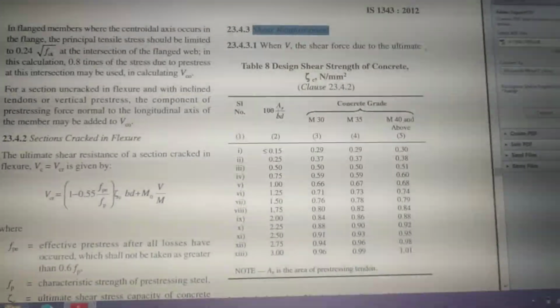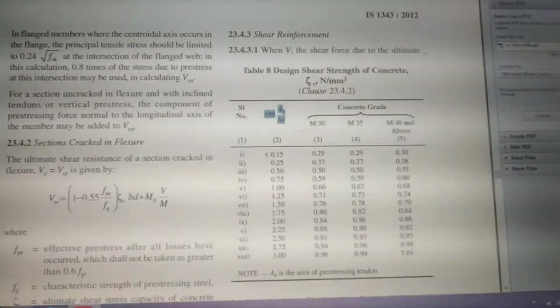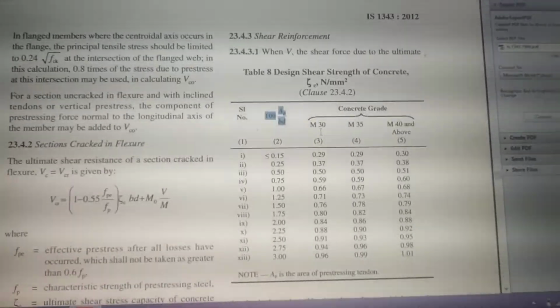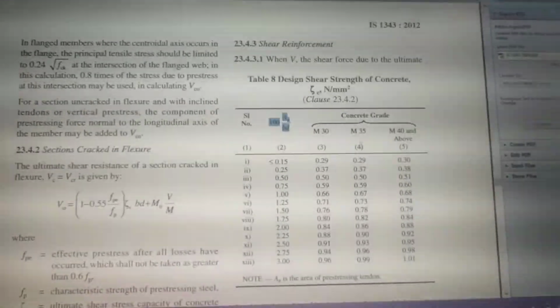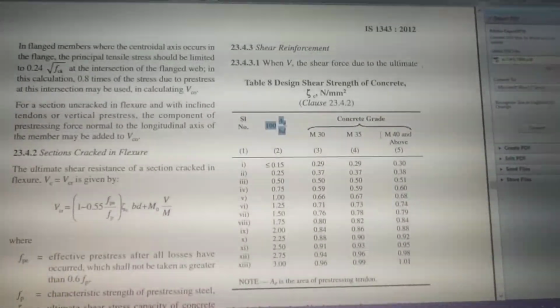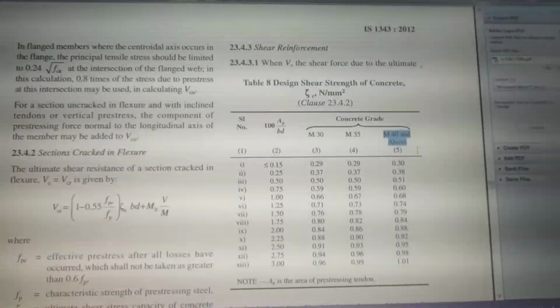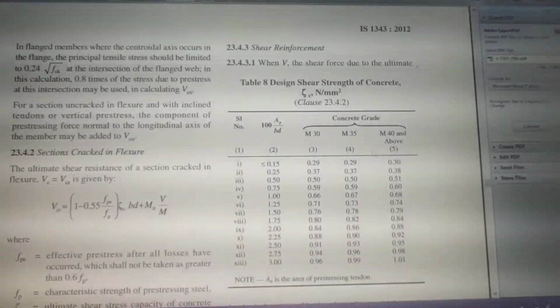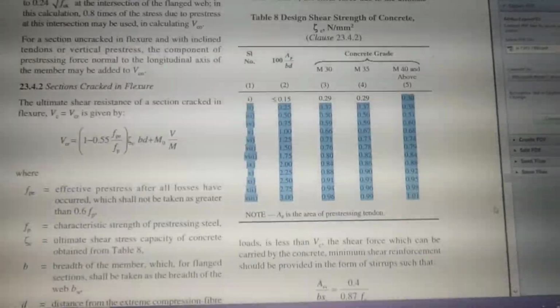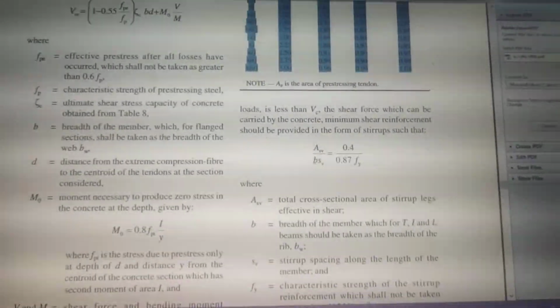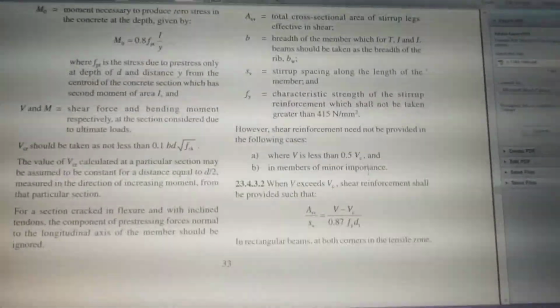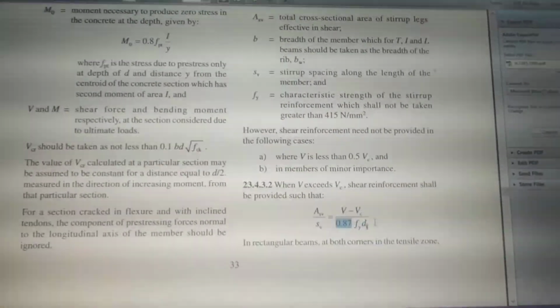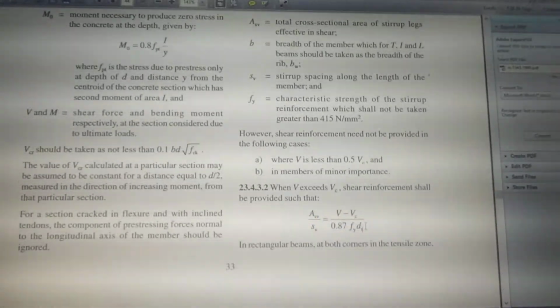When it comes to the shear reinforcement design, it remains very much similar to the RC section. You have to estimate the reinforcement ratio for the given grades of the concrete. You know that M30 is the minimum grade of concrete to be considered in the pre-stressed concrete section. There are three classifications. If we are considering any grade above M40, you can use the last column. Based on the comparison, the spacings and all these are similar to your RC design. You have to check for the reinforcement, compute the ultimate shear resistance and other things, and find out SV.